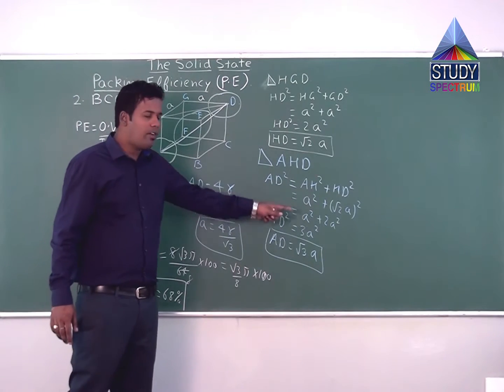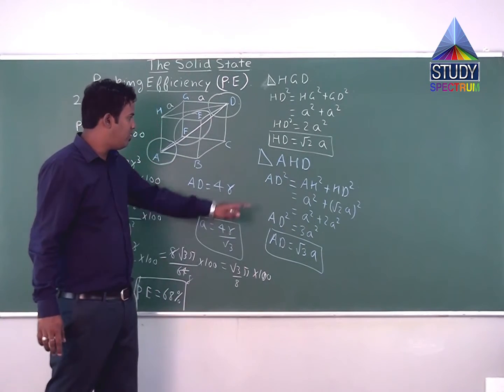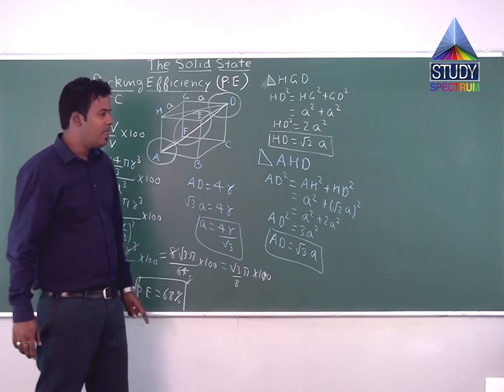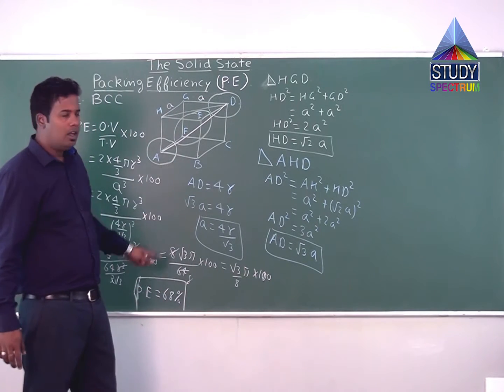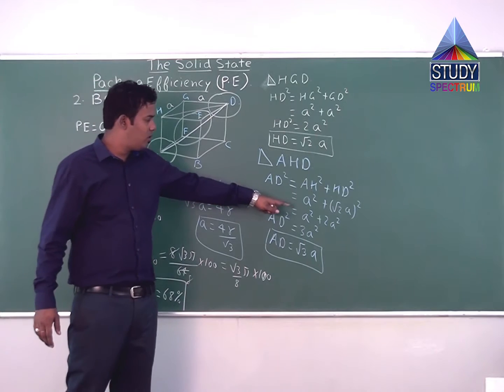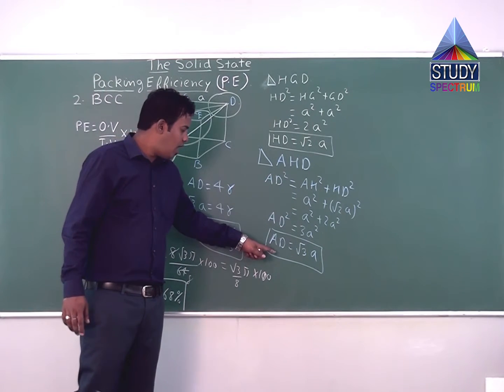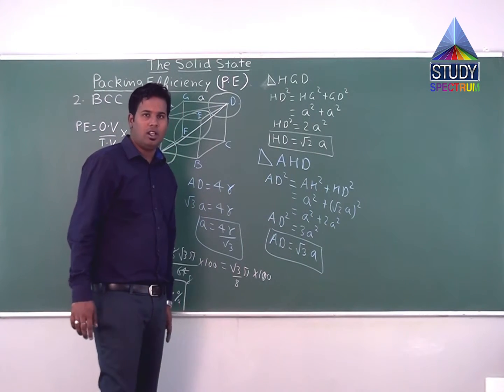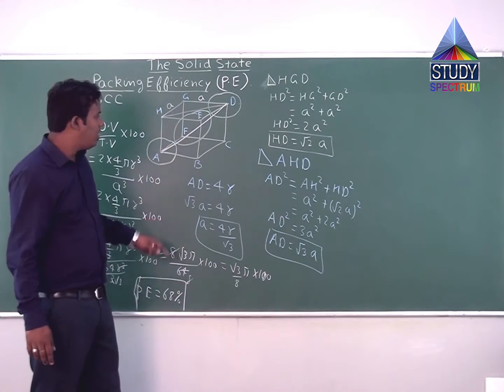So by substituting the value of AH and HD, which turned out to be root 2a, and AH is simply small a, that is the edge length, and calculating, I have got the body diagonal as root 3a. Now since this body diagonal is just